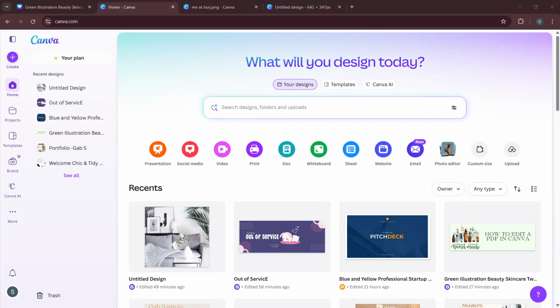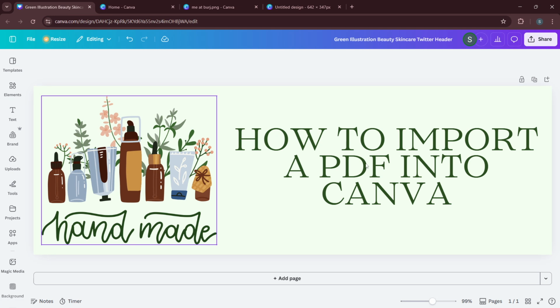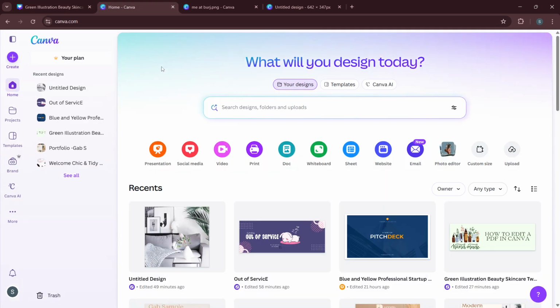In today's video, I'm going to teach you how to import a PDF into Canva. If you've ever wanted to bring an existing document into Canva so you can give it a fresh look, update text, or reuse graphics, this walkthrough will show you exactly how to do it in a clear, reliable way. We'll move slowly and focus on what to click, what to expect, and a few helpful tips to make the